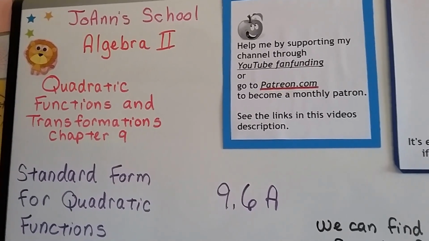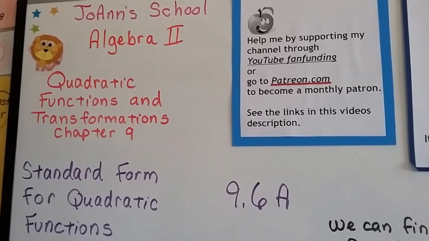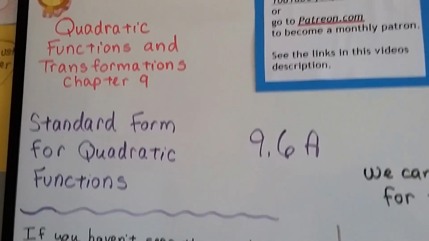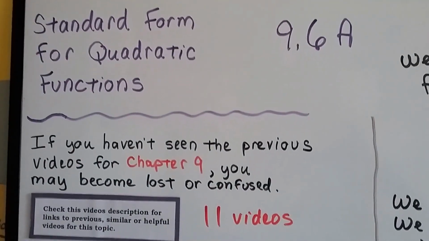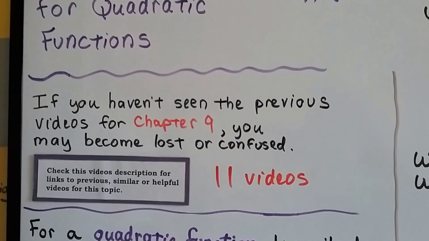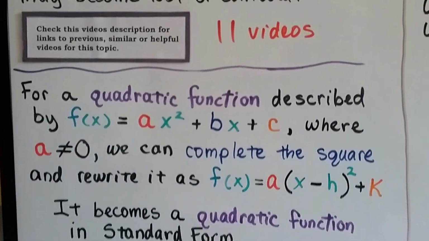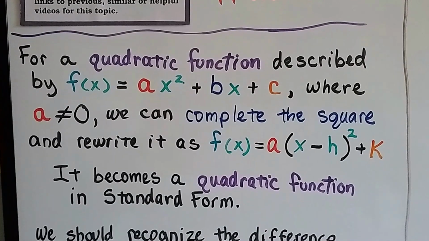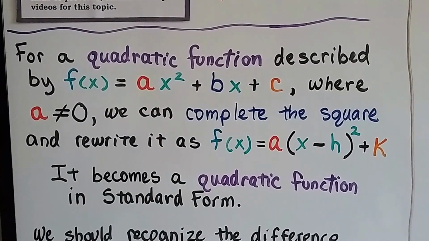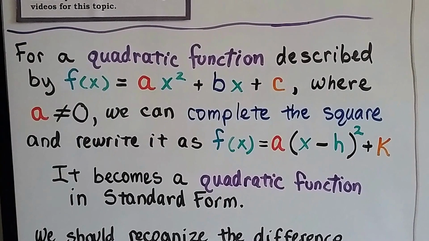We're in Algebra 2, 9.6a. This is the standard form for quadratic functions. We have 11 previous videos that if you become lost, you can just click on the description and figure out where it got confusing. For a quadratic function described by f(x) = ax² + bx + c,